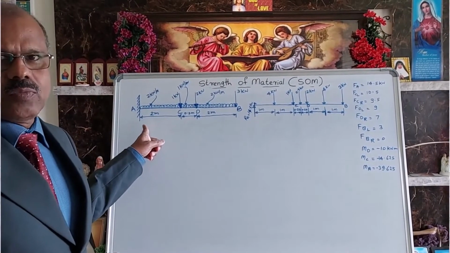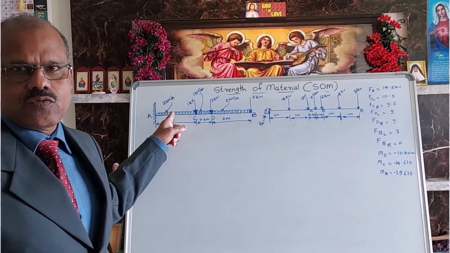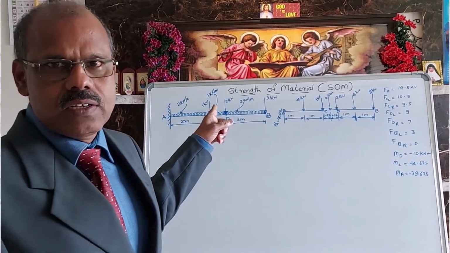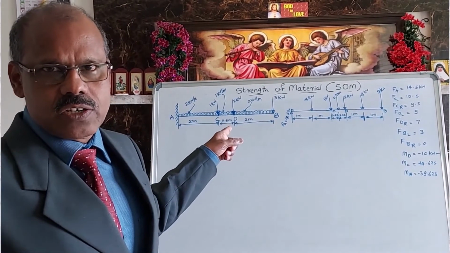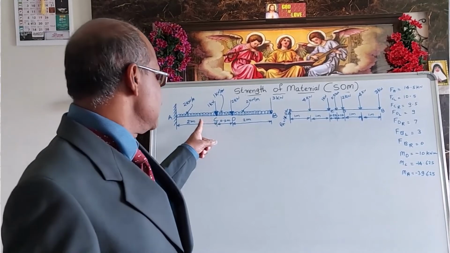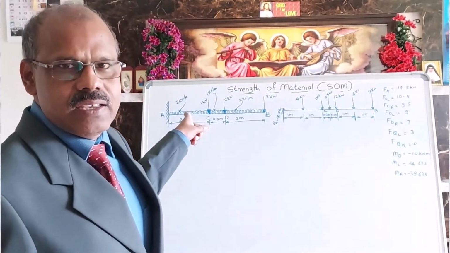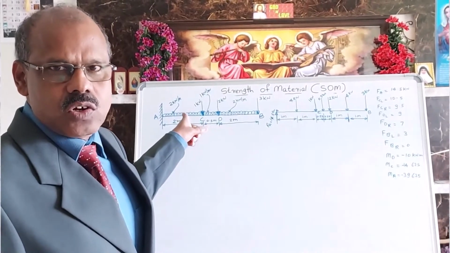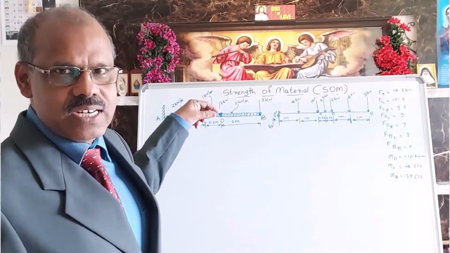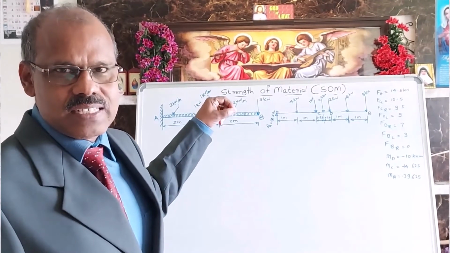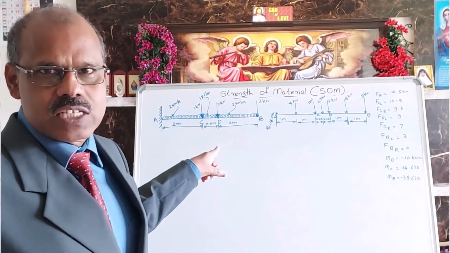A cantilever beam is given here, with uniformly distributed loads as well as concentrated loads. By seeing this, it seems to be complicated because many different uniformly distributed loads are there, but in the diagram they are given as the same size only. So there is a chance to commit a mistake while solving this question.